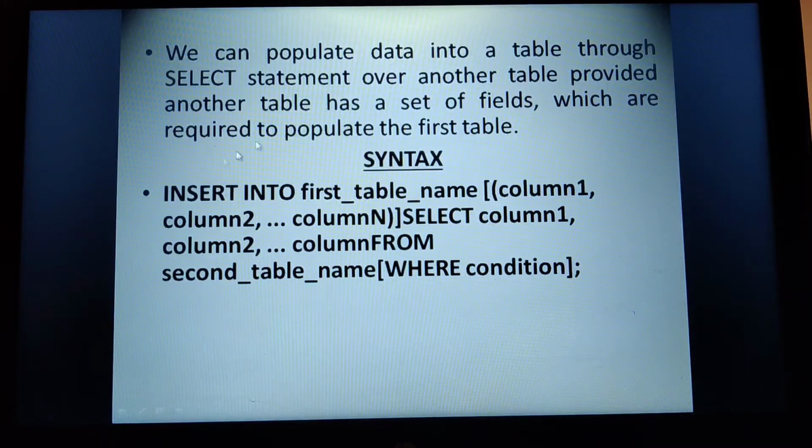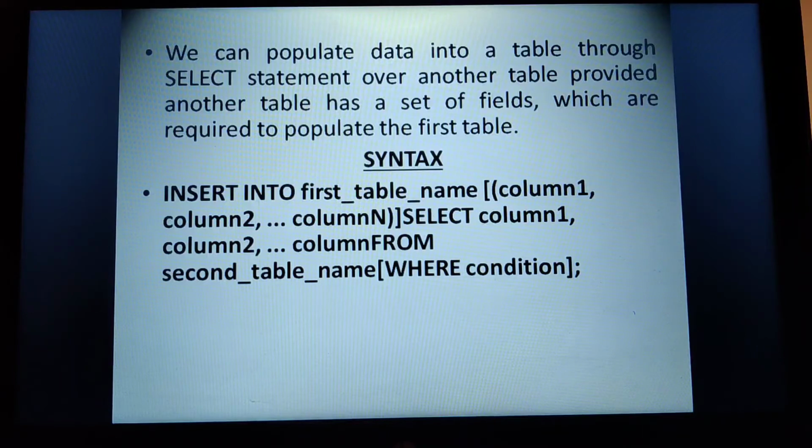In the same way, I am inserting the contents into my new table employees, and I am specifying the columns as ID number, name and age. What I am doing is selecting the ID number, name, age and salary from the second table, companies, which I have already created, where the ID is greater than 1000.